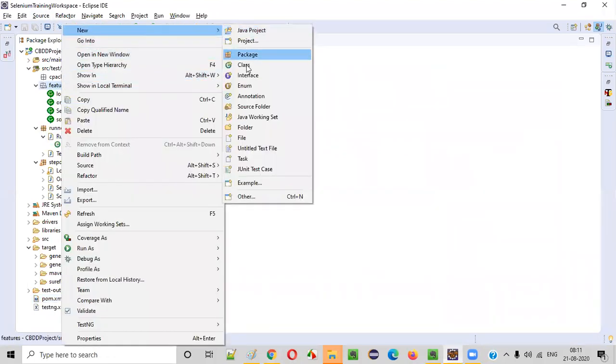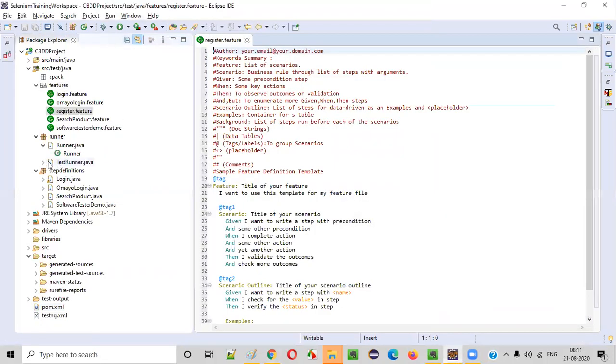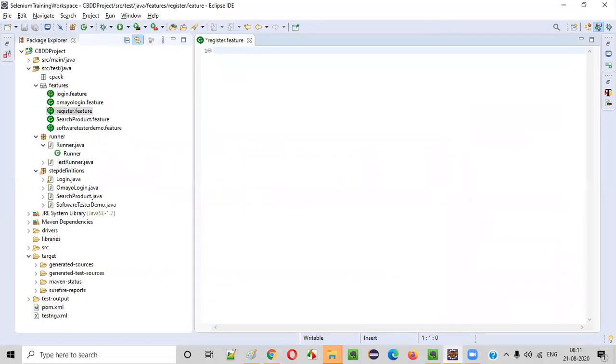Right click on the feature, create a file register.feature. I created a register.feature. I'll remove this. I'll create a feature file. Feature: register into the Tutorials Ninja application. Register for an account in Tutorials Ninja application is the feature. Under this, we have to create scenarios. Scenario: